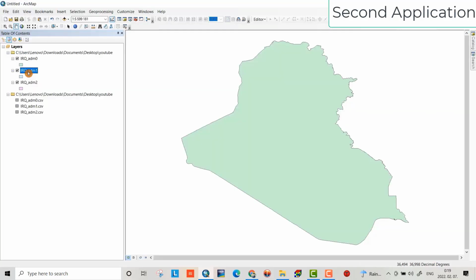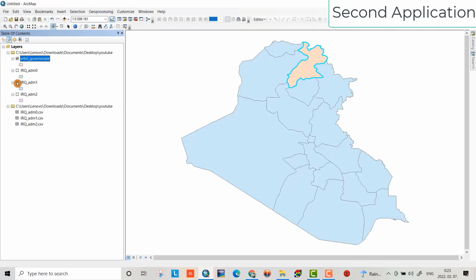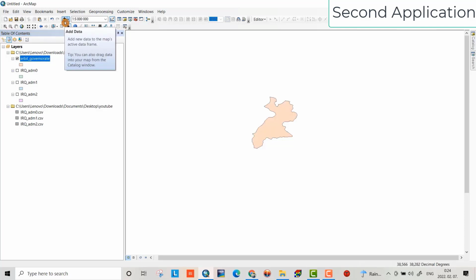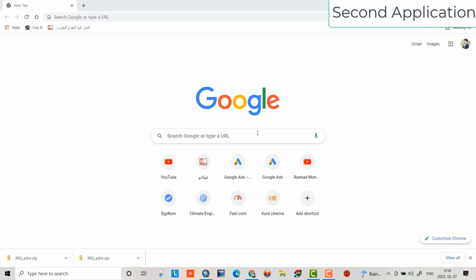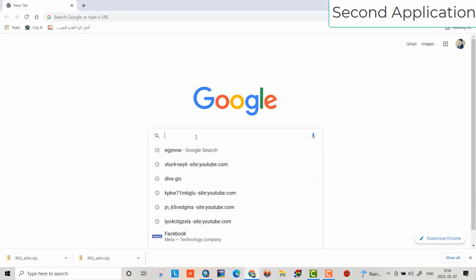Hello friends, today I want to show you how we can download a shapefile for a country, and also within a country we can extract or clip a specific location to a different shapefile. Let's do it. From Google, search for